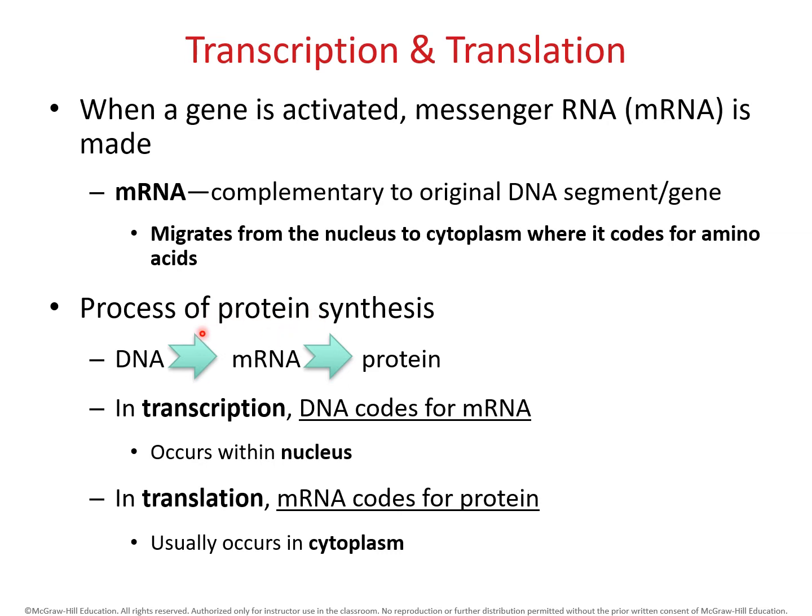Here is what some people describe as the central dogma of molecular biology. And it's simply stating that this is the sequence. First, we have DNA. The code of DNA gets converted into a messenger RNA molecule. And then mRNA goes out and will start signaling what kind of protein to make based on this DNA code.